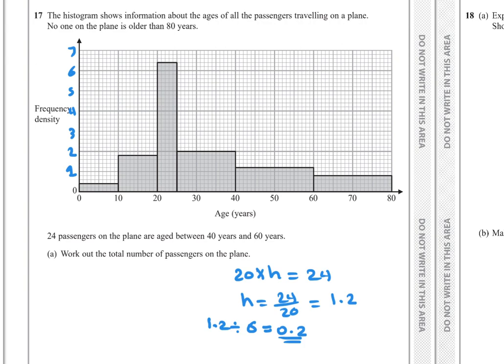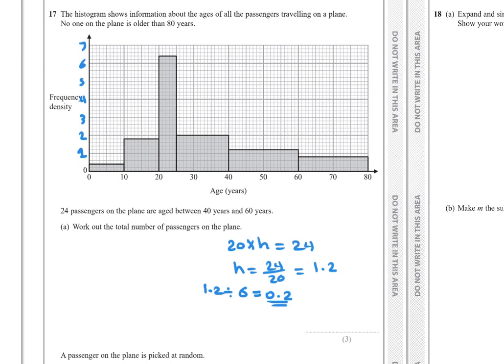The area for the first rectangle is 10 times 0.4, plus for the second rectangle from 10 to 20, so 10 times 1.8, and for the next one from 20 to 25, 5, so 5 times 6.4, and from 25 to 40 we have 15, so plus 15 times 2, and the next one